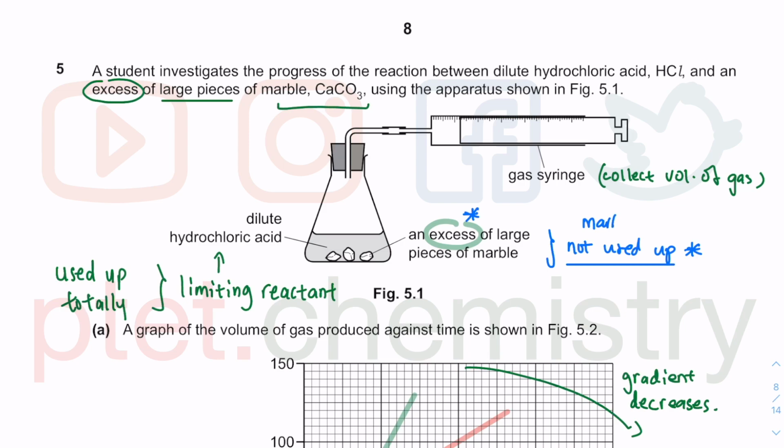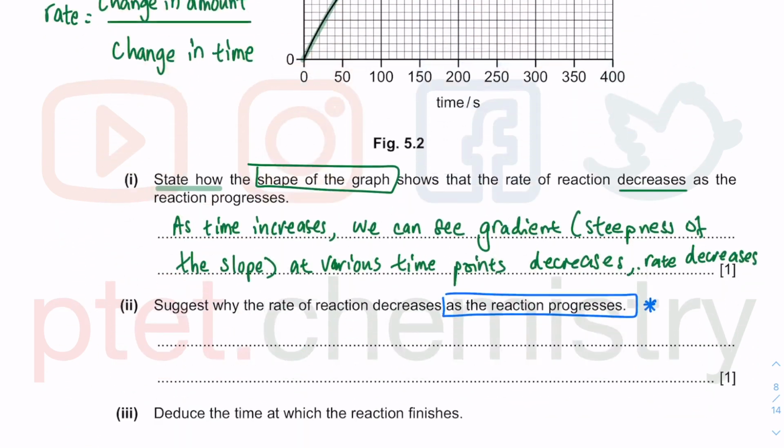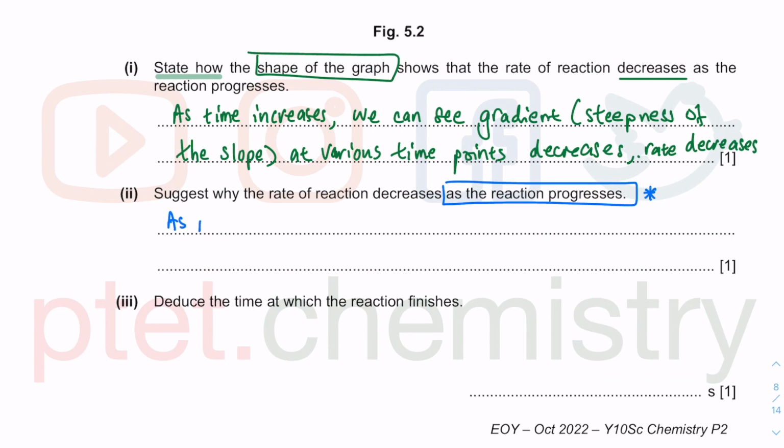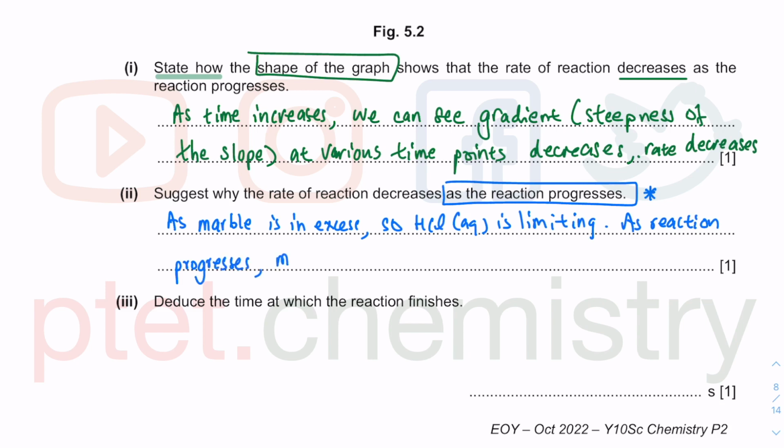So not the marble, it is actually the dilute hydrochloric acid that gets used up. So as marble is in excess, according to the question, HCl aqueous is limiting, and then as the reaction progresses, more and more of the acid gets used up. So more acid gets consumed. So therefore lesser H plus, or you can say less concentrated acid,